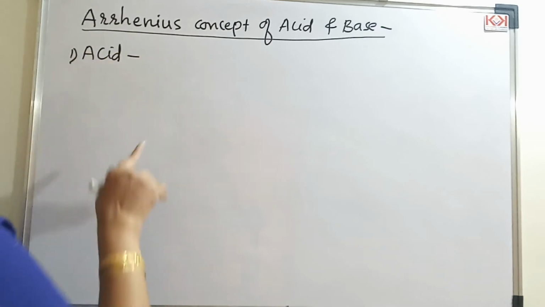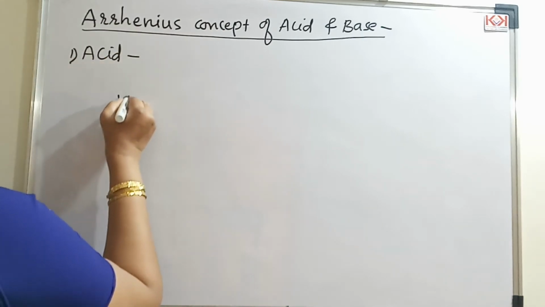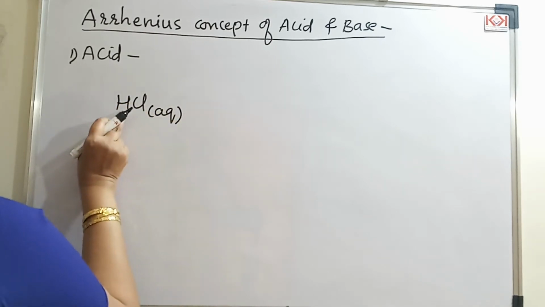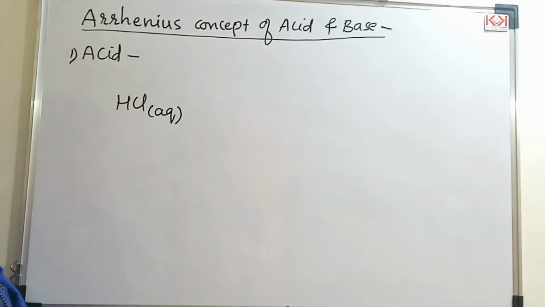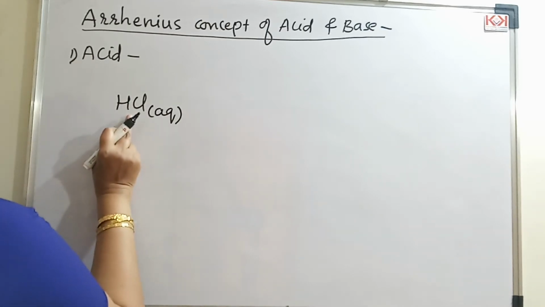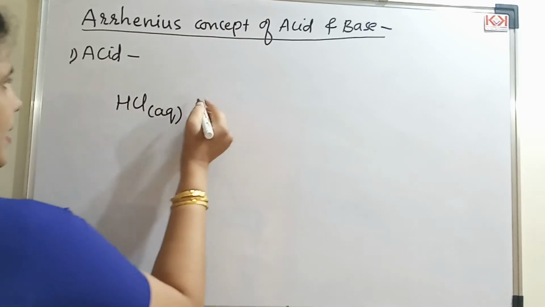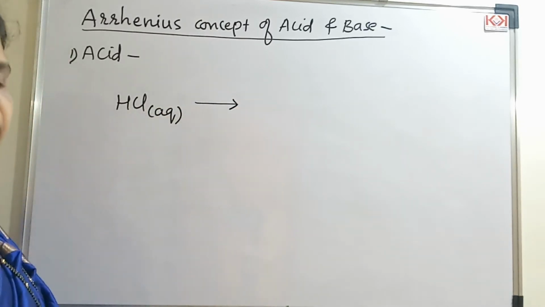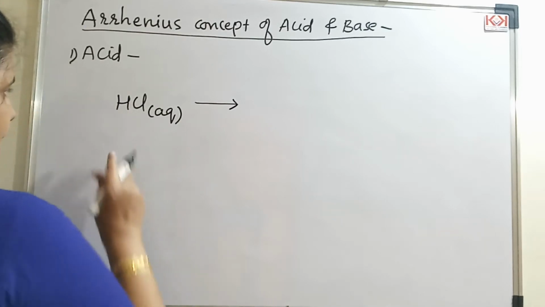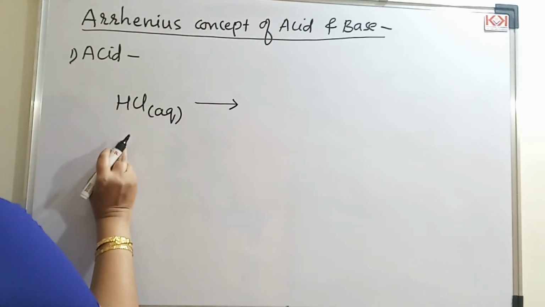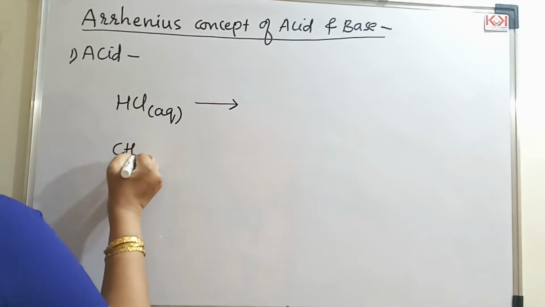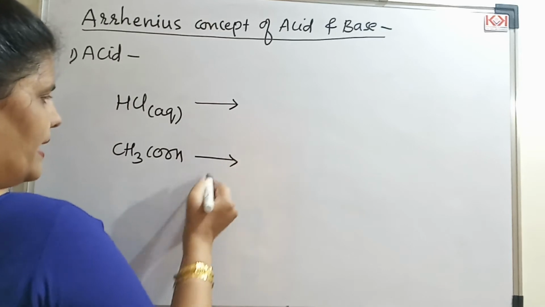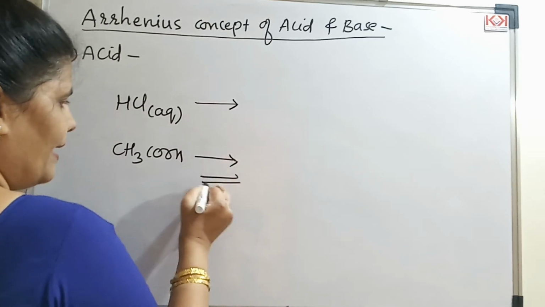According to this, let me take one example. If I take HCl, when I write aqueous here, it means I am adding this to water. Very important to mark, whenever you take a very strong electrolyte like HCl, I will be using an arrow in this way, which indicates that it dissociates almost completely. In place of HCl, if you take a weak acid, for example acetic acid, then I will not use an arrow in this way. In place of this, I will be using an arrow in this way.